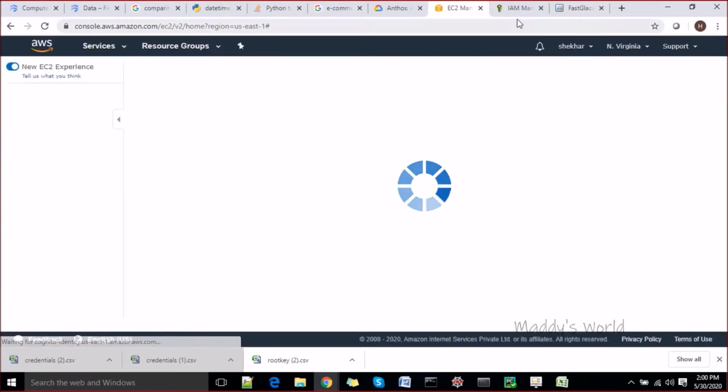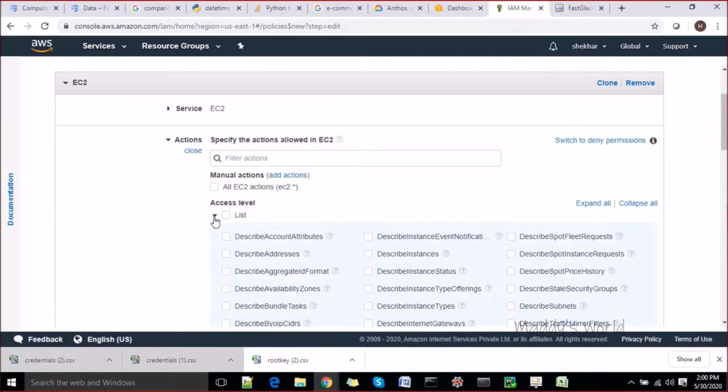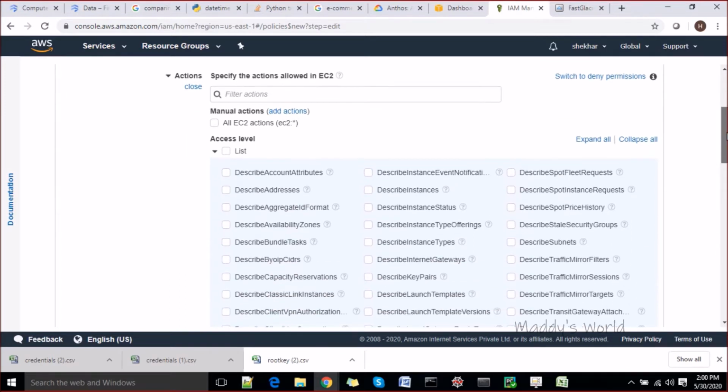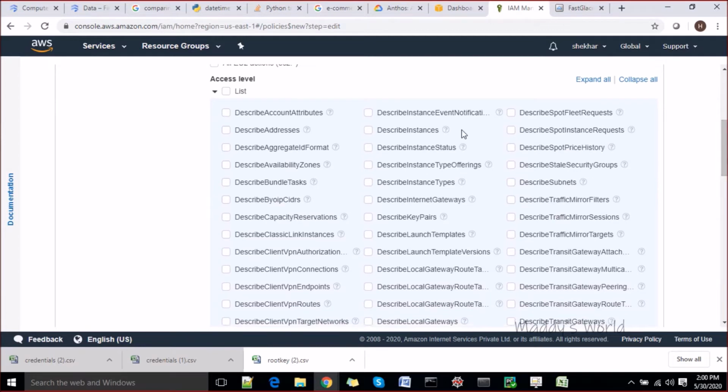So that's why list access is essential. You can click on this button. You'll have to decide in list what permissions you are going to give. Let's say you choose describe instances; whoever is added to this policy should be able to describe those instances, they should be able to see those instances.